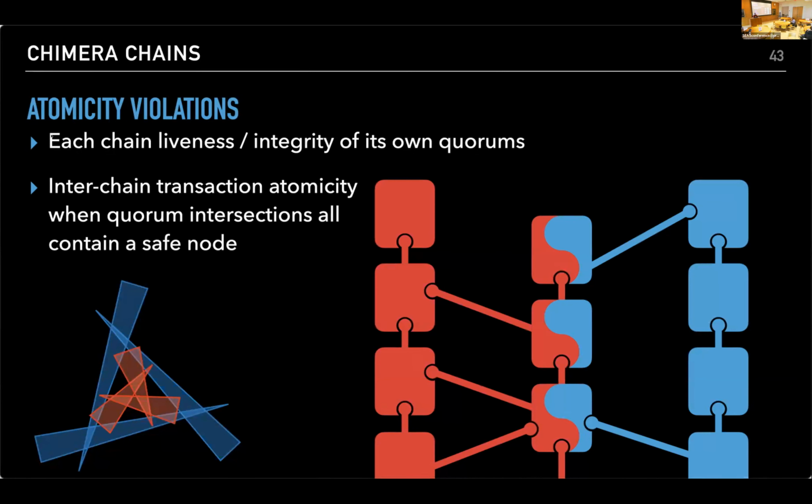we are working on an asynchronous protocol for chains to share their trust models with each other so that they can work out if they have enough overlap and decide on what the genesis block for the Chimera chain has to look like. I say decide, but technically it's not consensus. And then updates to their quorum sets have to also percolate to their view of the Chimera chain, which then ceases to exist if their trust models have changed sufficiently that they no longer meet the